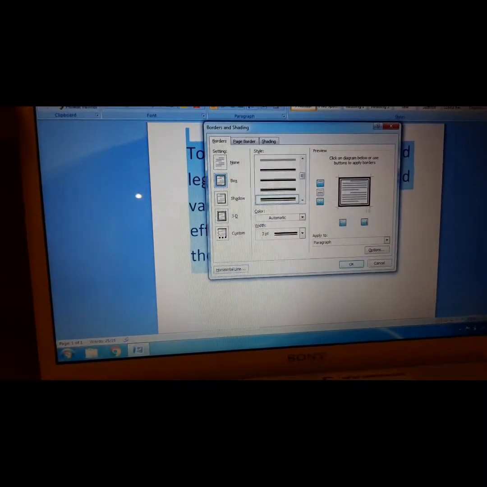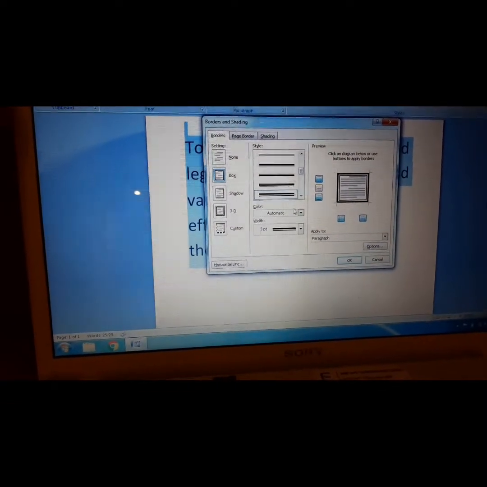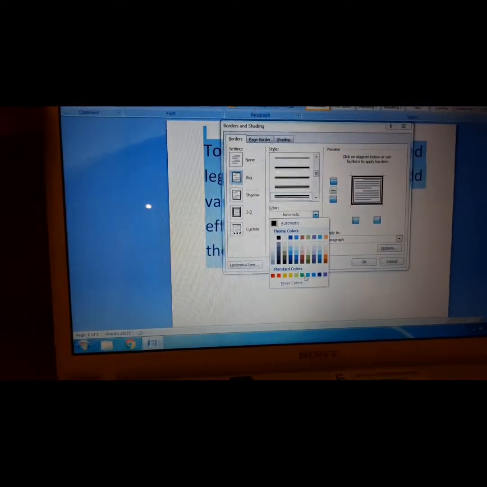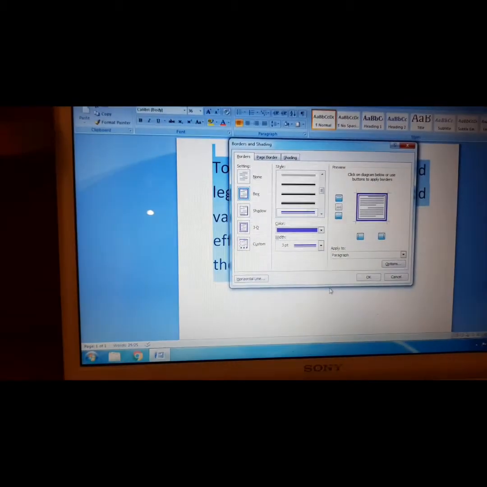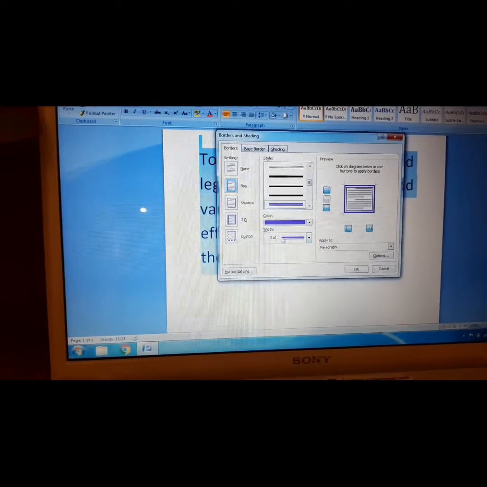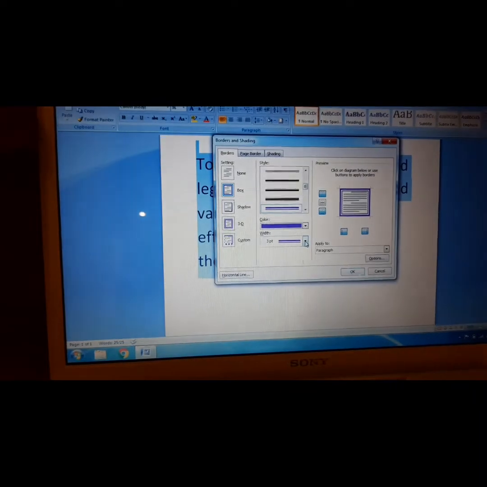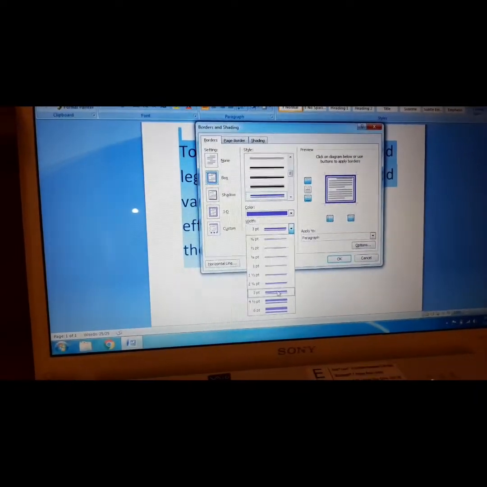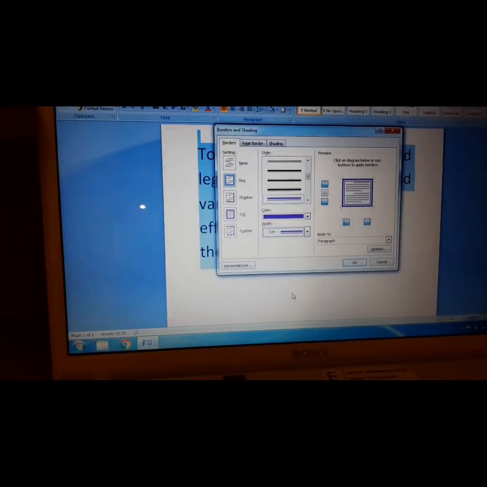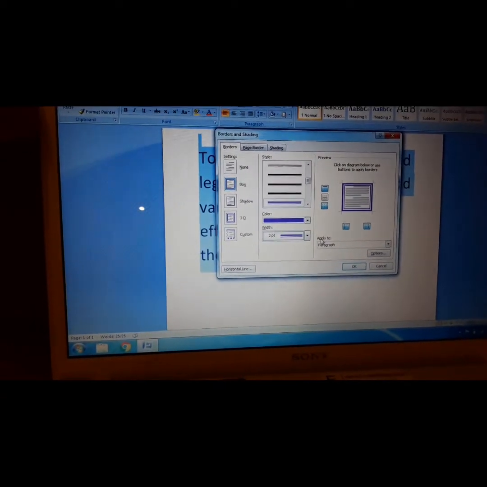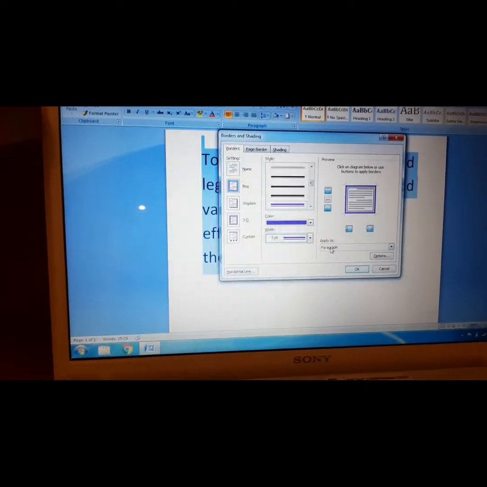This is how we have selected the line style. Then for the color, which color do you want? Okay, let's go for this mauve one. You can choose the line width also. Let it be 3 point. After that, in the Apply to section, we will select Paragraph.